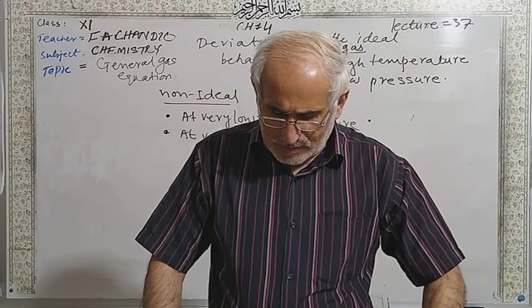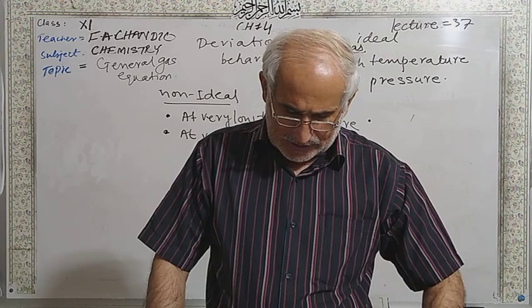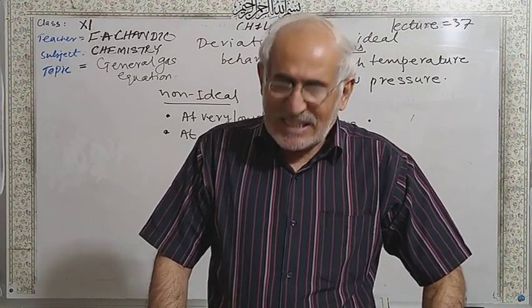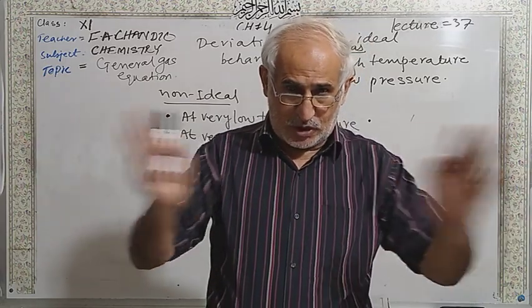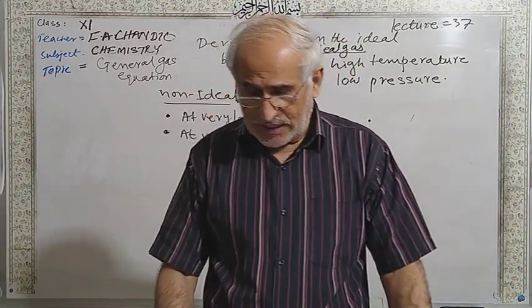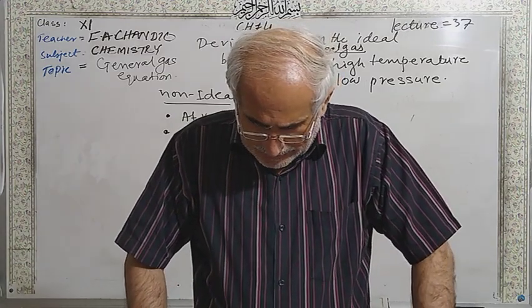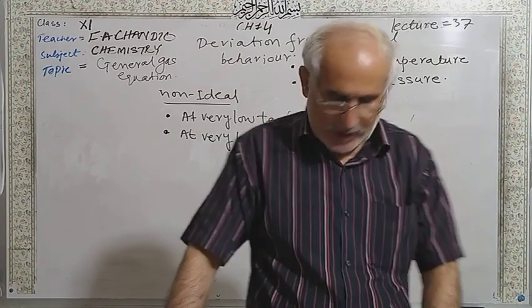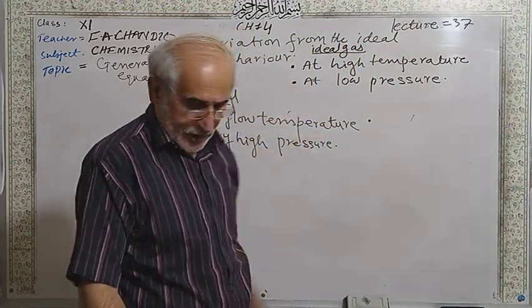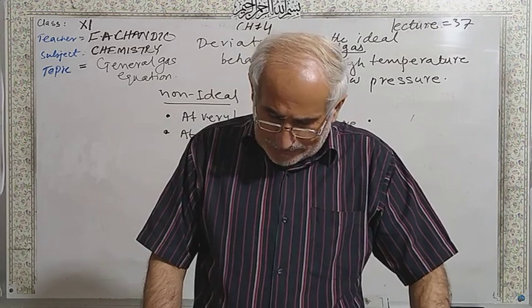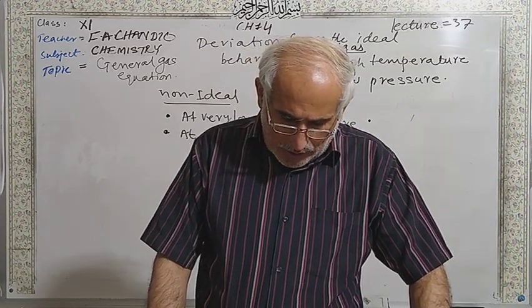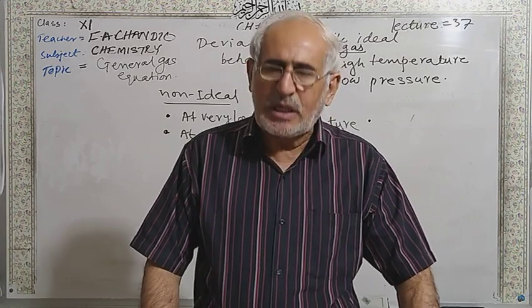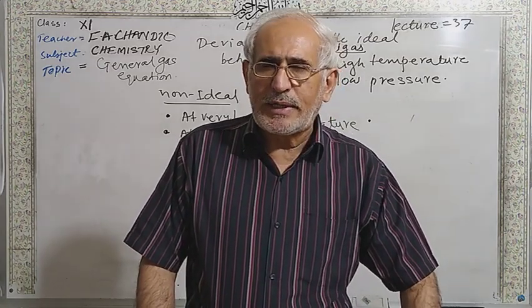At low pressure, the gas molecules are generally far apart, and the attractive forces between molecules are insignificant. They are away from each other. At temperatures above the critical point, the kinetic energy of gas molecules is great at high temperature and low pressure. The kinetic energy of gas molecules is great and also overwhelms the attractive force between them. So we are going to see PV = nRT, ideal gas.